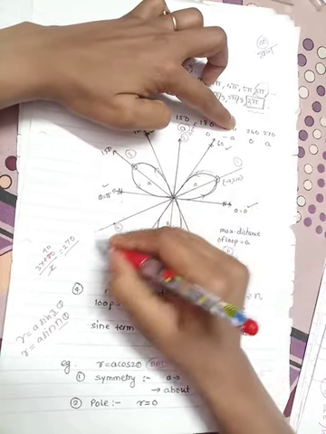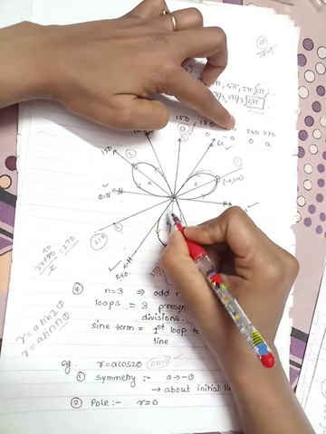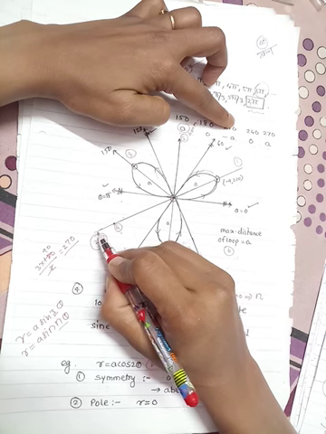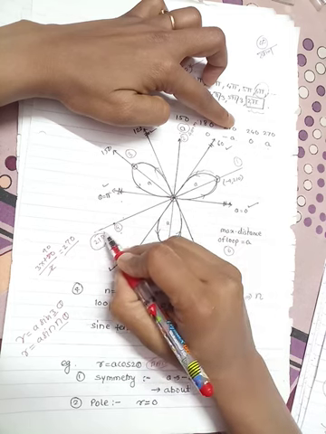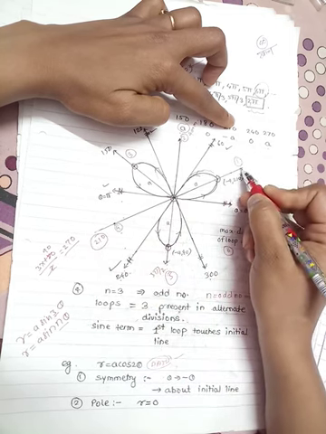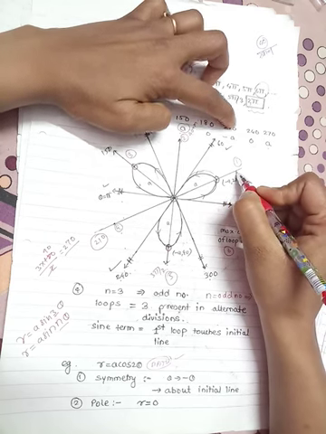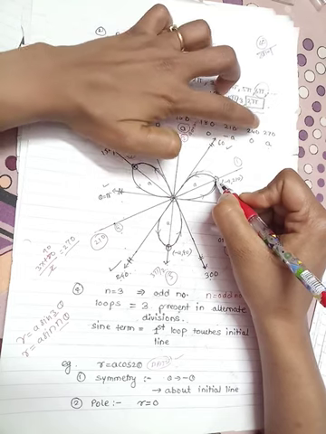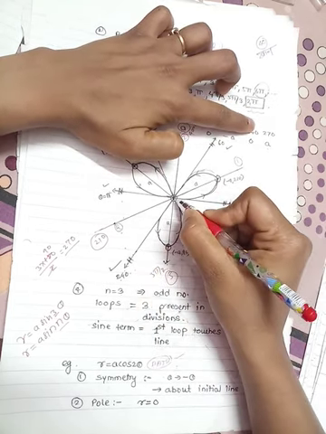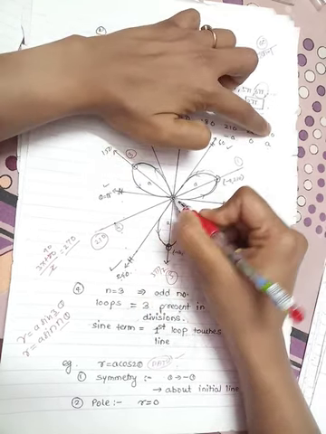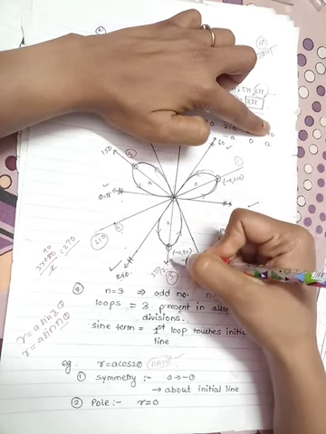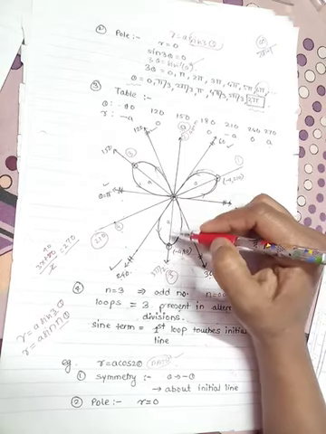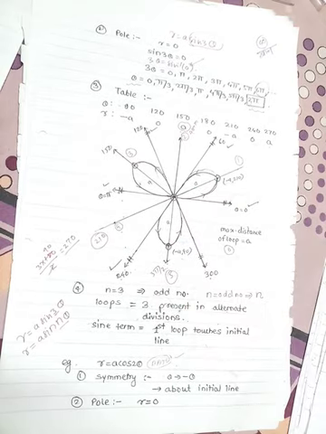Then 210, this is your 210 angle. On 210 it is minus A, means opposite to that 210, that is this line, the distance is 40 mm. So this is your point. Then on 240 again the distance is 0. Then 270 means 3 pi by 2. On 3 pi by 2 again there is a distance. So these are your points 1, 2, 3, 4. That is your second curve.